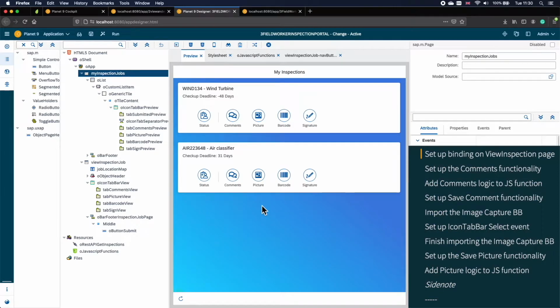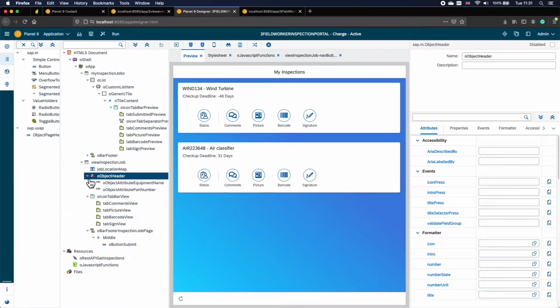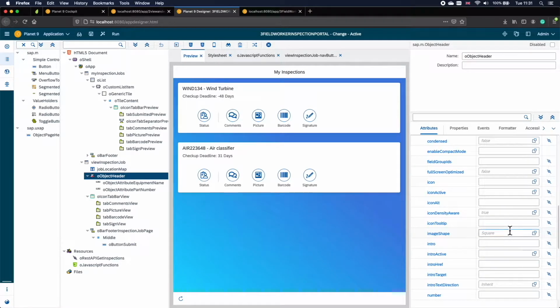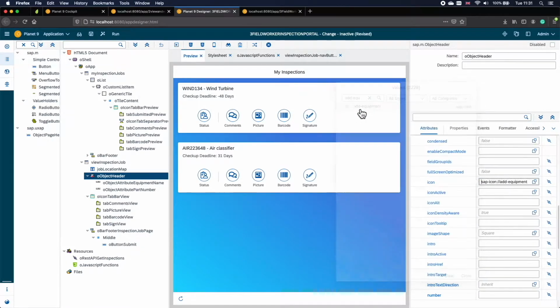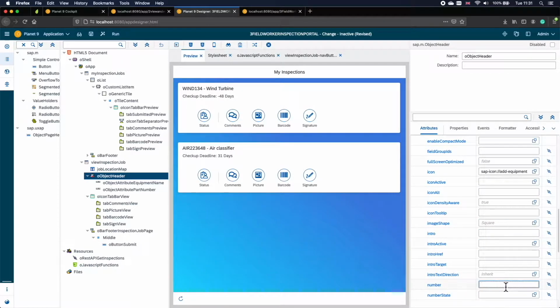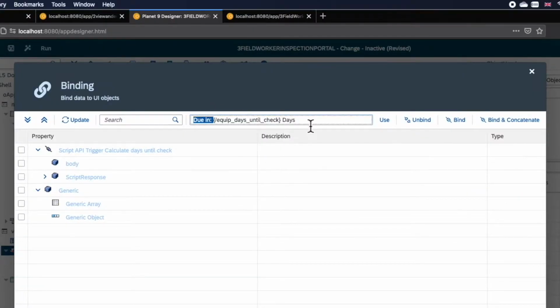Next, let's continue the bindings on our view inspection job page. So here within the object header, we want to bind a few properties. Let's first just set the icon to add equipment, and then we'll bind the number of our object header to our equipment days until check variable. So here we can add the text "due in" and then "days" afterwards, and we'll just bind to equip days